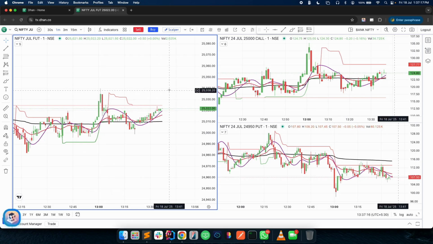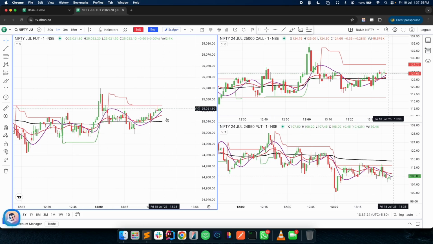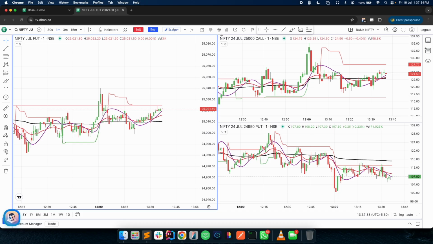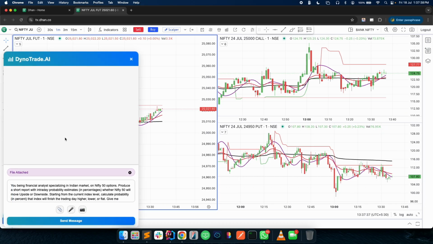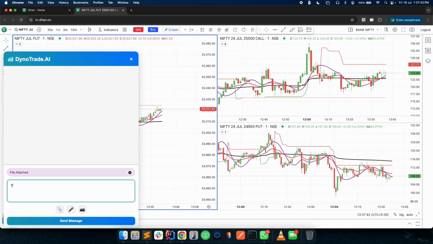This is the second trade which I'm planning to do on 18th July. After the market was completely on a downward trend, I see it's now reversing. Anyways, let's ask our DynoTrade AI to start analyzing and come up with trade ideas. Let me take only these two contracts. So if you see here, these two contracts are selected. Tell me trading ideas,